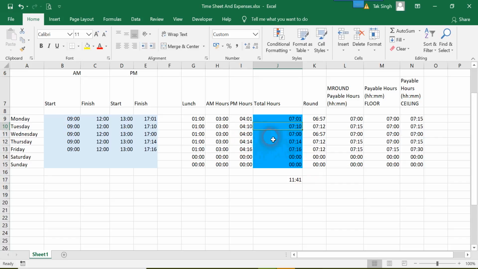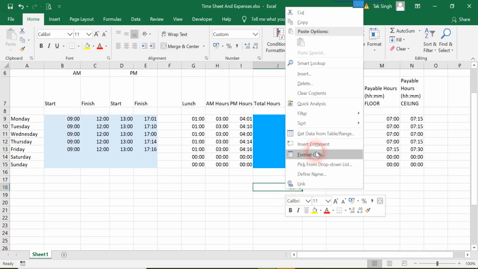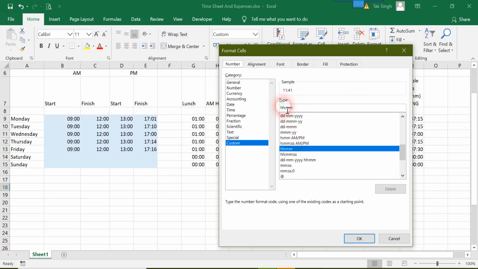And then other than that we have a bunch more: 7 hours 14 minutes and 7 hours 16 minutes, but we have only 11 hours 41 minutes. So we'll quickly check out what is happening here. To do that, I'll make a copy of the above cell, and then in this cell I will go under the format cell option. Now over here, along with the hour and time, I'll also print date, month and year.